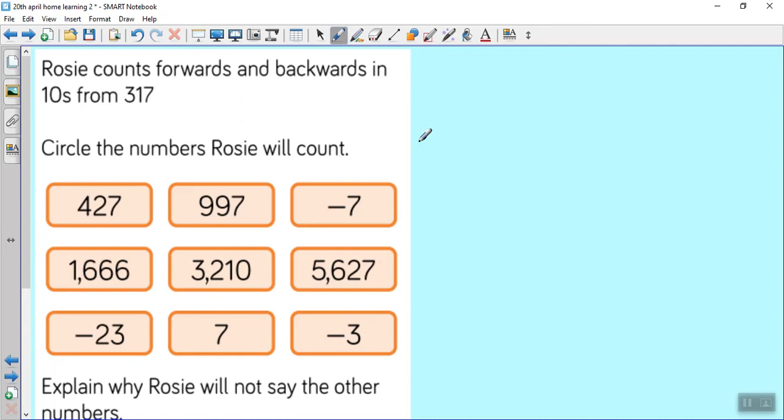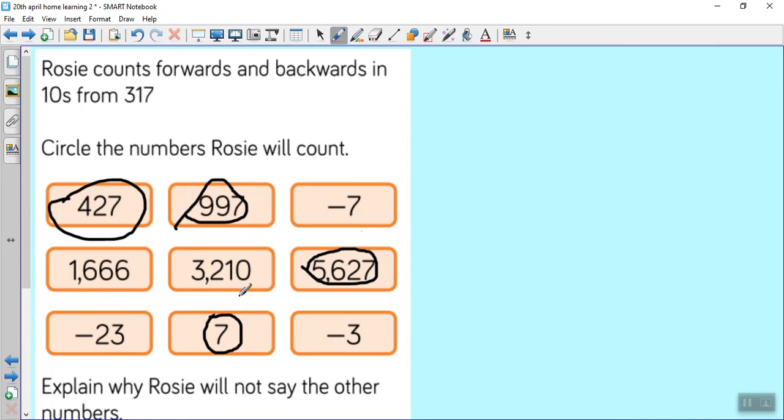Okay, so from the previous question, we know that if you add on tens every time, your ones will always be the same. 317, 327, 337. So all the ones that end in a 7, she's going to say, if we're adding on 10 every time, or if it's above 0. Now, if we're going backwards, 307, 297, 287, we're still saying 7 at the end, but then when it gets to a negative number,